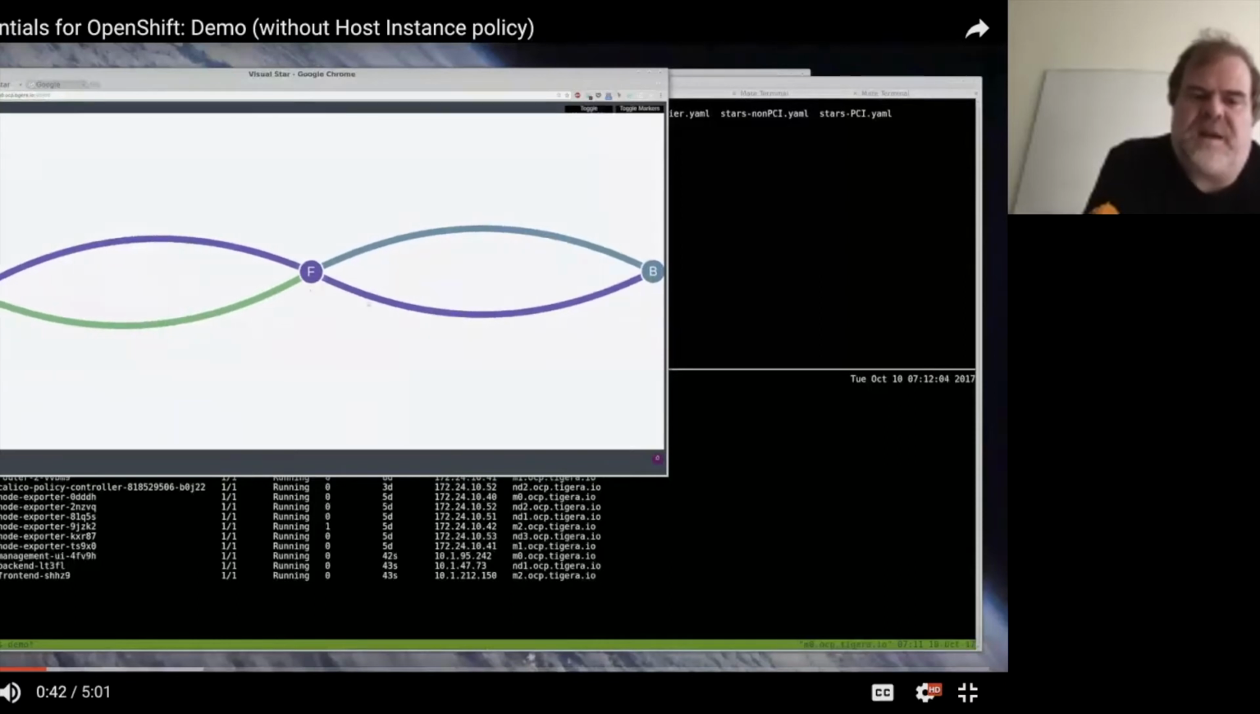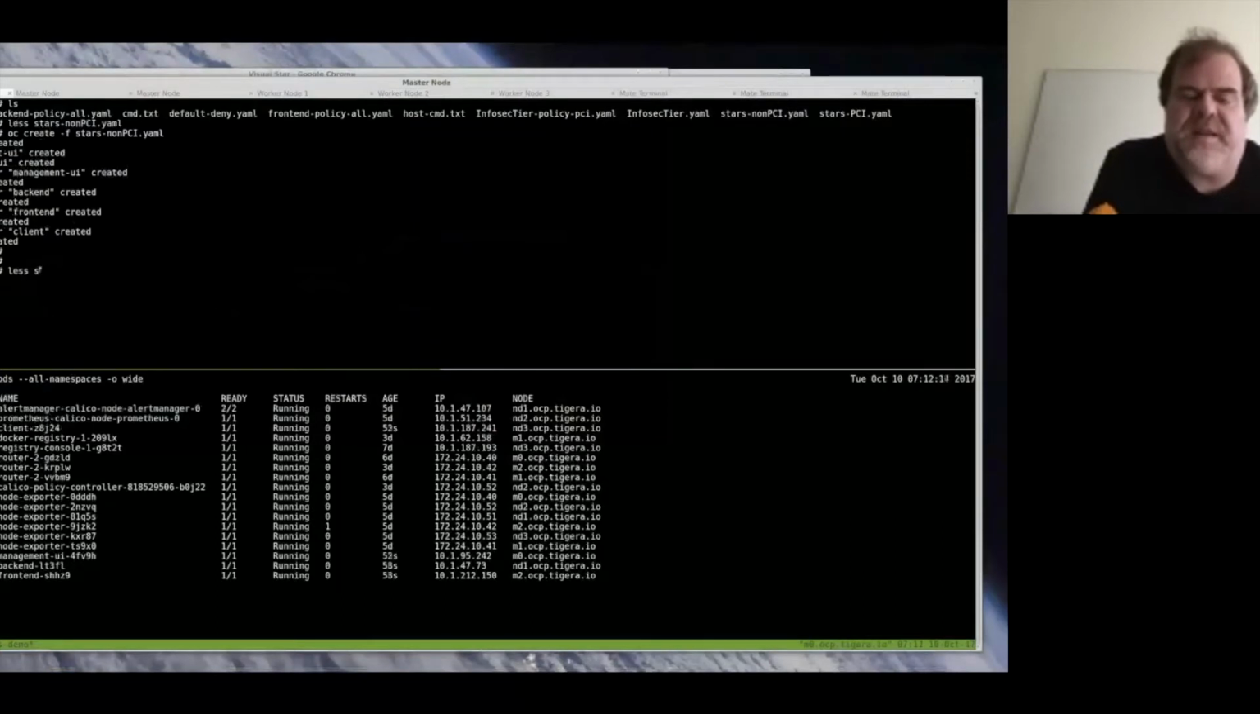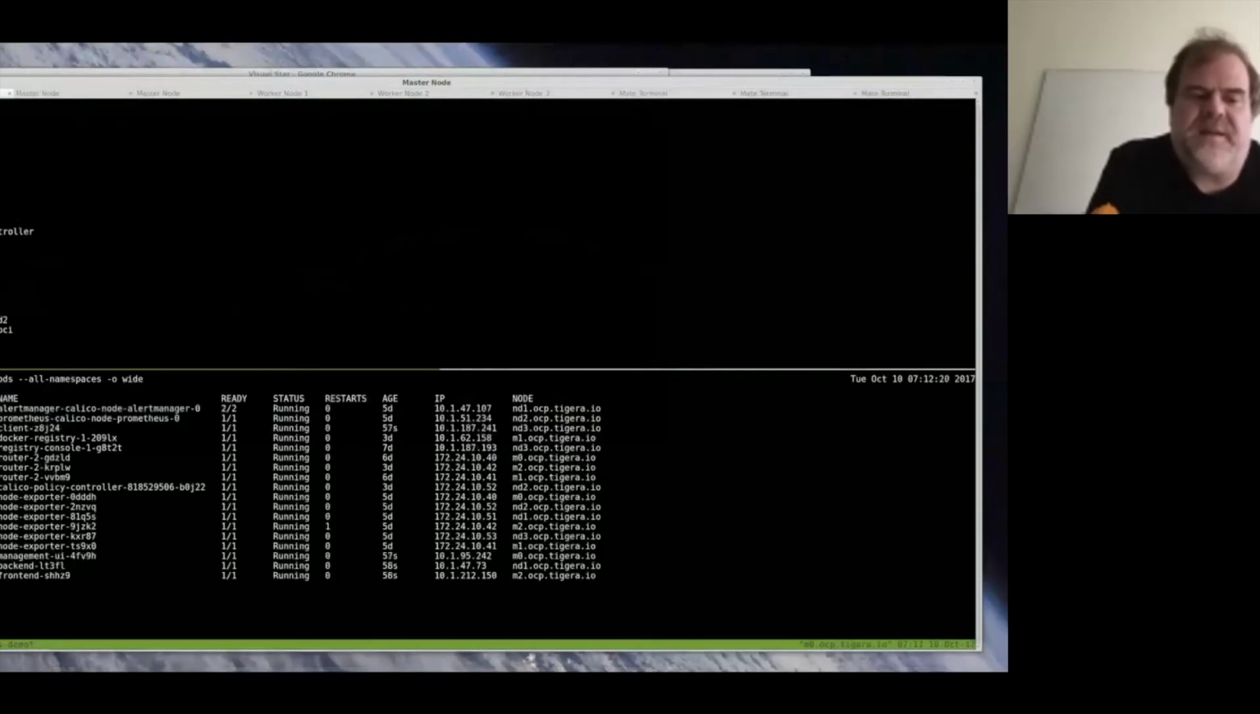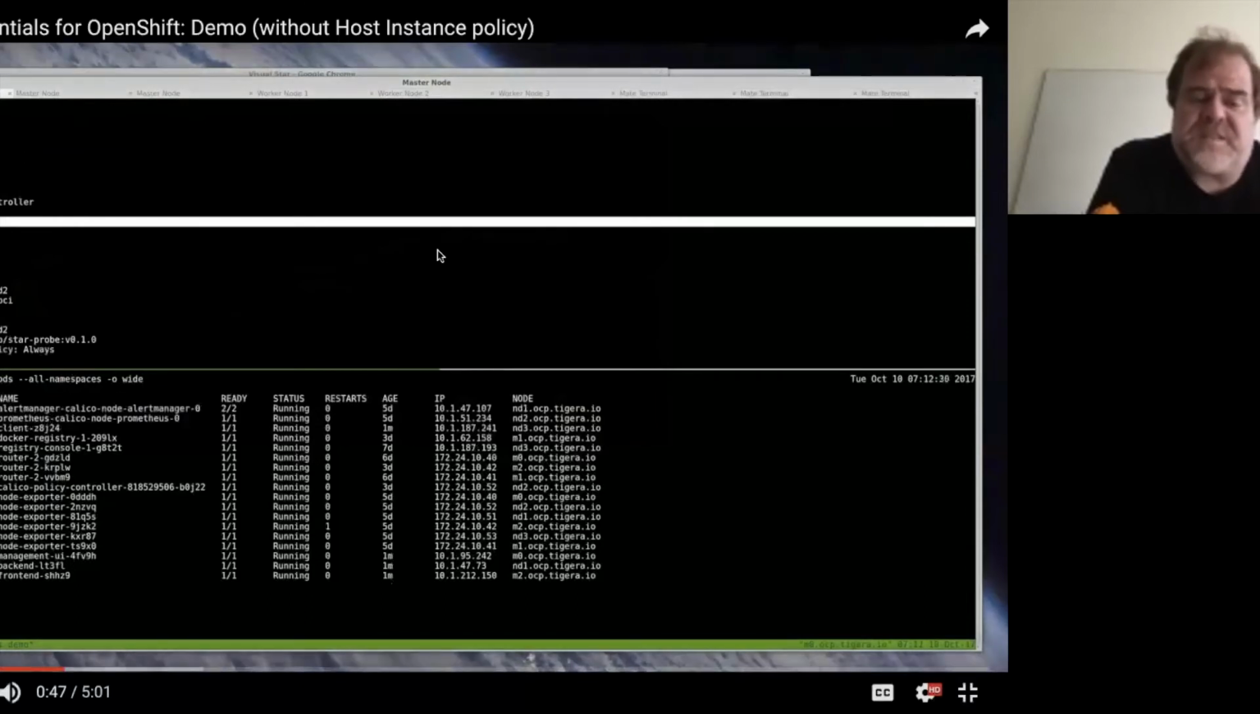So you can now see that the clients can talk to the front end and the back end, and the front end can talk to the back end, and the client can talk to the front end. Now, so it's a standard application. So you've deployed that, it's working. Now,